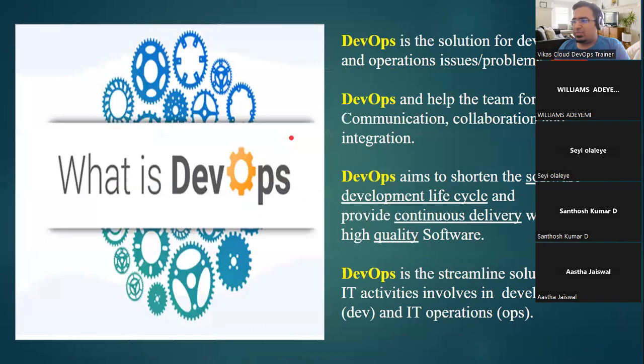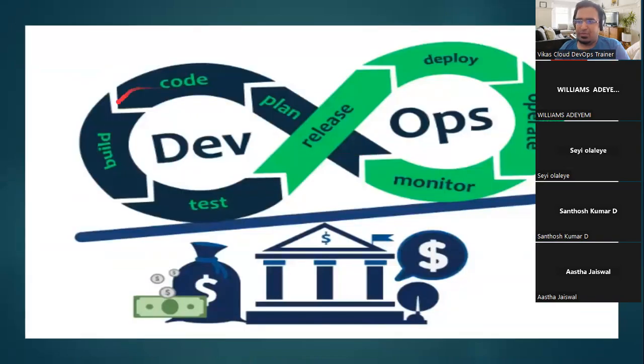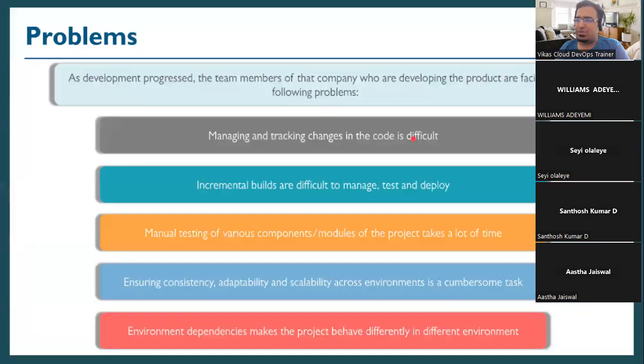Cool. Now, simple. These are the definitions for DevOps. With the help of DevOps, this infinity loop should run faster. How will this run faster or quicker? Because problems are there, and because solutions are there. Let's take an example and understand the problems. We will first understand the development problem. Developers are writing the code, but they are not able to manage it. How? Let's open Paint. A simple example I would like to take.